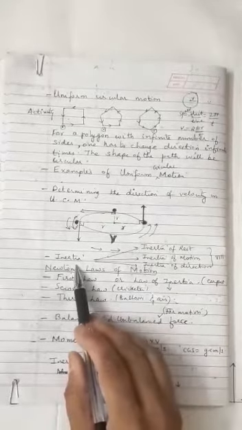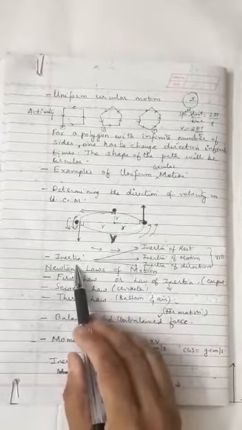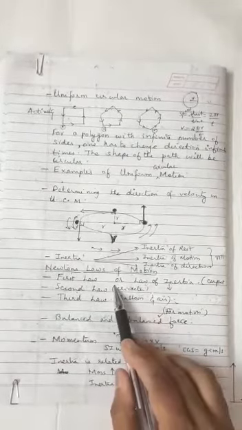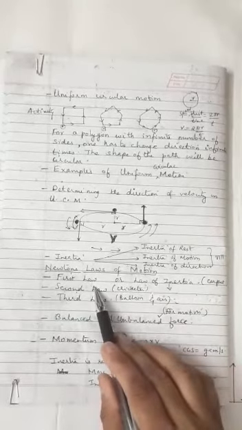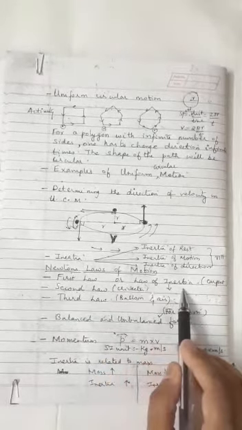Once again, children, inertia is the tendency of a body to resist change in a state of rest or a state of motion. And in total there are 3 types of inertia which you have clearly studied in class 8. Okay, children, moving to the next: Newton's laws of motion. We have a total of 3 laws of motion. Newton's first law of motion is also called the law of inertia.